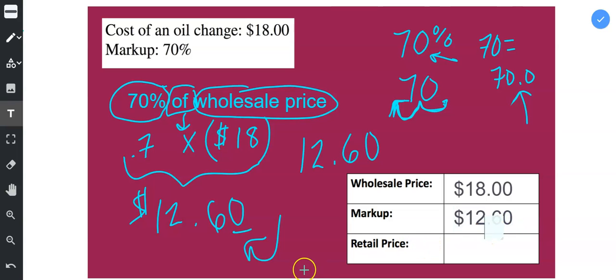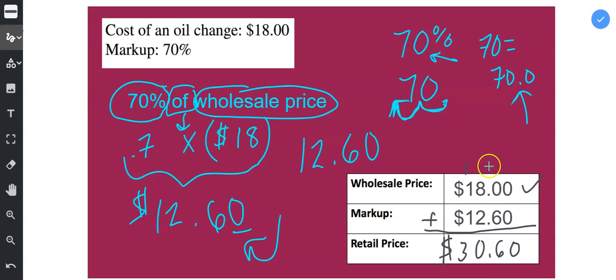Now we move on to the retail price. So I'm going to go back to this scribble tool, and then I'm going to show that to figure out the retail price, you take the wholesale price and you add to that the markup. So 0 and 0 makes 0, 0 and 6 makes 6, bring down the decimal. 8 and 2 gives us 10, carry the 1. 1 and 1 and 1 makes 3. So the retail price is